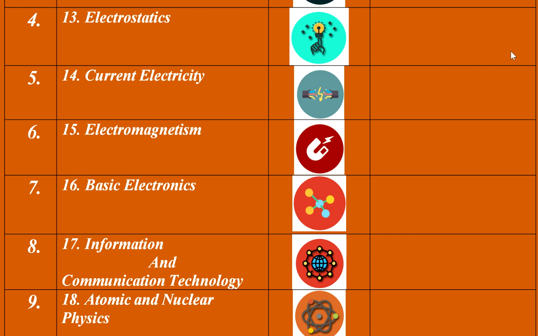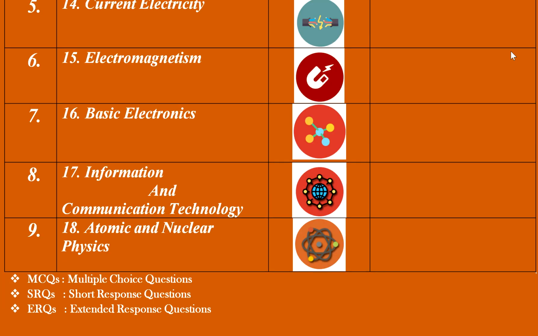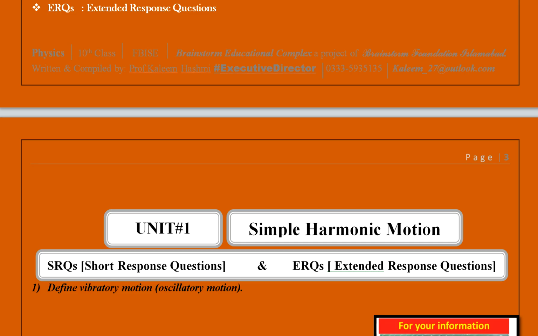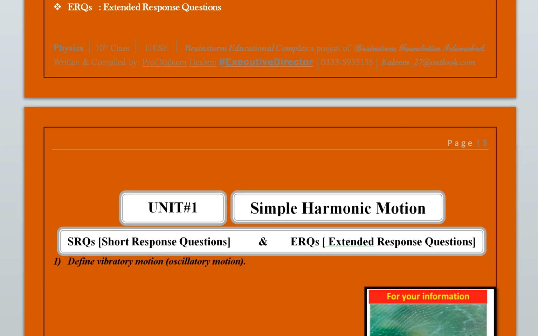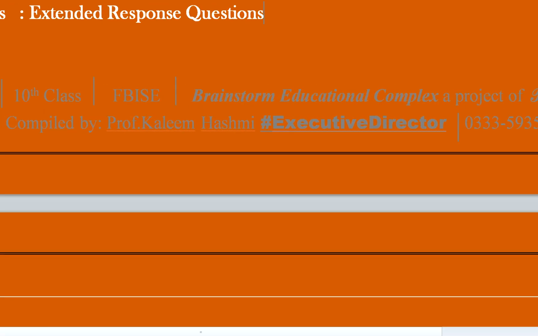Now students, these are the 9 units. Every unit is equally important, but there are some units which the examiner usually picks in the examination and asks questions from. If we see what type of questions the examiner is going to ask in the exam, there are 3 types of question. Today you will understand these 3 command terms, which are very important for a student of grade 10 to understand. I'll share with you in a while.